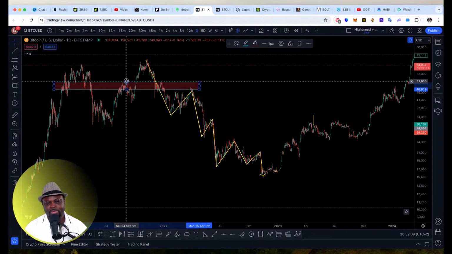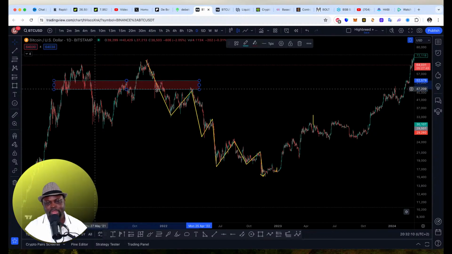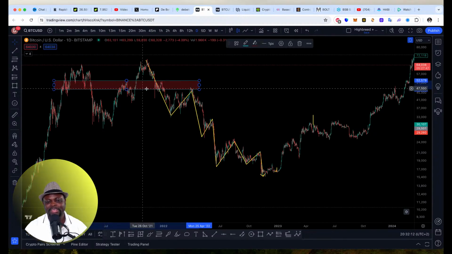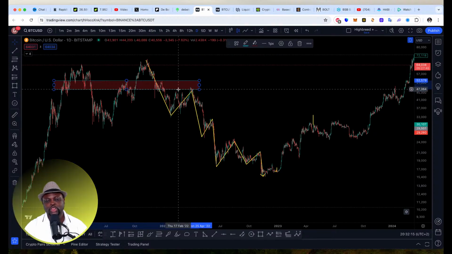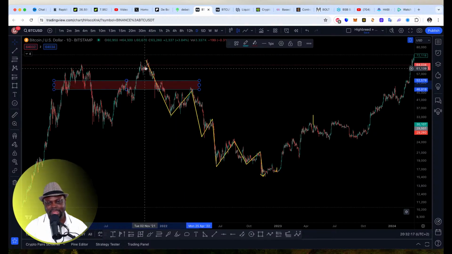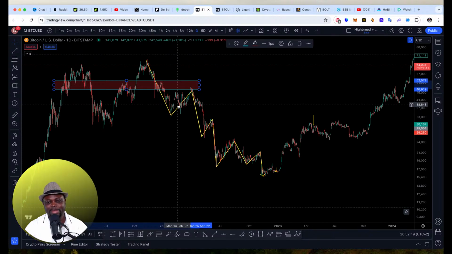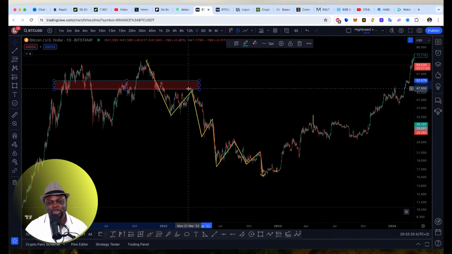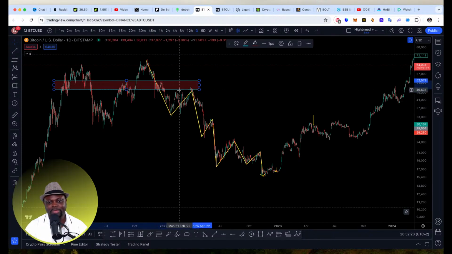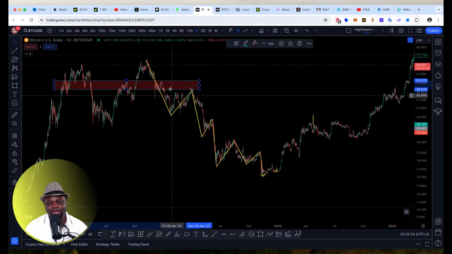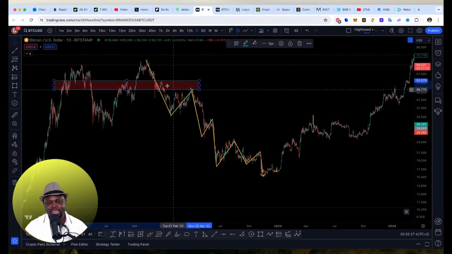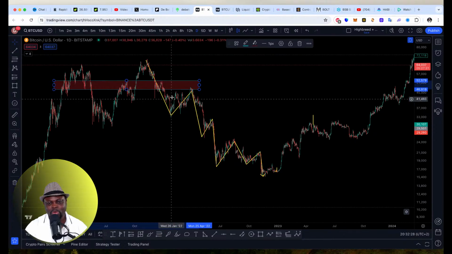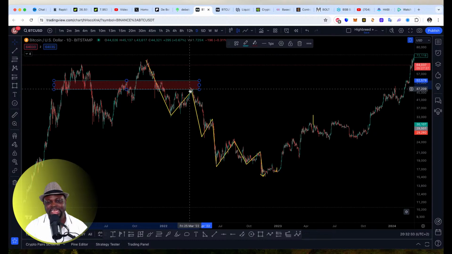So this is a zone where, when price was moving, price formed, and this area was where price retested back multiple times. So price broke down, and price came back to retest this zone back here, and price rejected that zone multiple times. You can see it went up there, it rejected, it came back, it rejected, it went again up here, it rejected it. So price was in a downtrend.